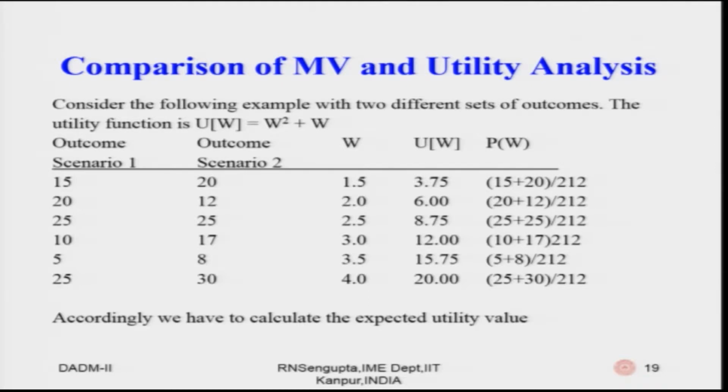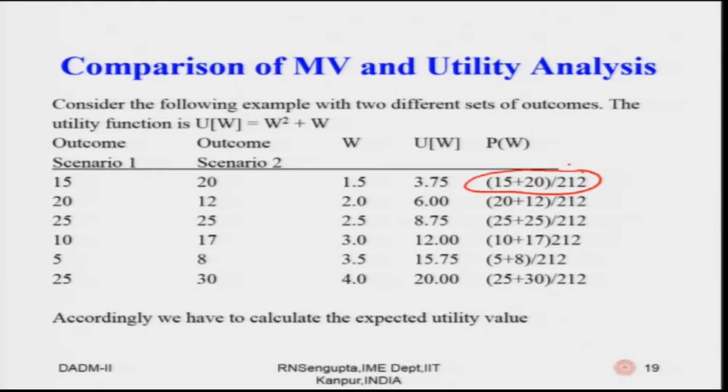and the corresponding values of W, which is the wealth, U(W), which is the utility function, based on the fact that you are going to consider the quadratic utility function, and probability are given. So, now how do we find the probabilities? We are trying to find the outcomes, both outcomes corresponding to utility 1, divided by the total number of outcomes. So, the total number of outcomes if you add up for scenario 1 and scenario 2 comes out to be 212. Now, if you only concentrate on the first row, the probability corresponding to the utility being 3.75, corresponding to the wealth value being 1.5, comes out to be this one.